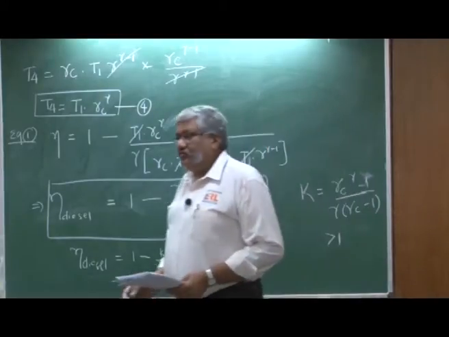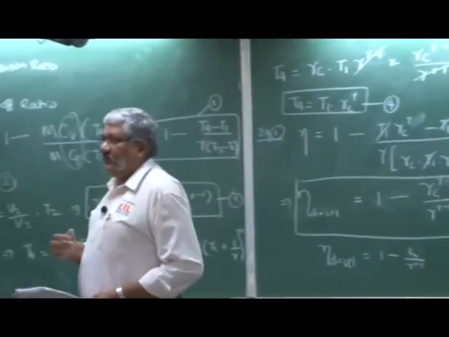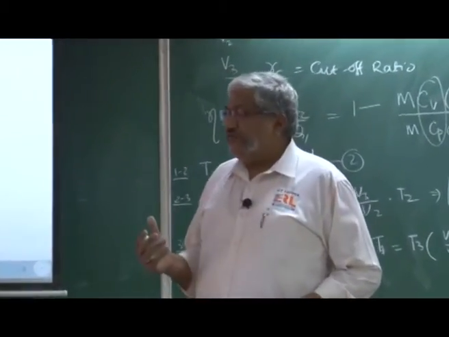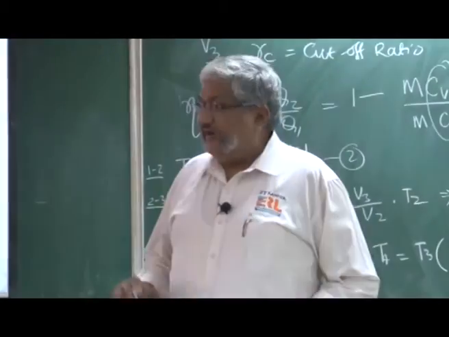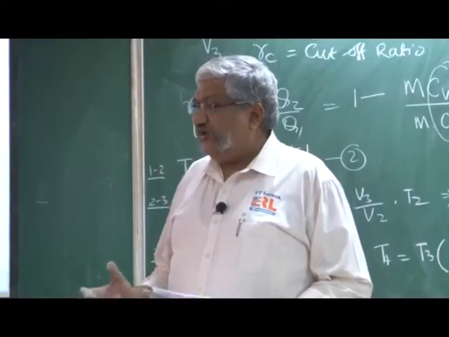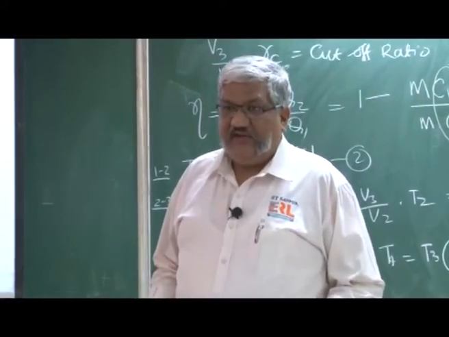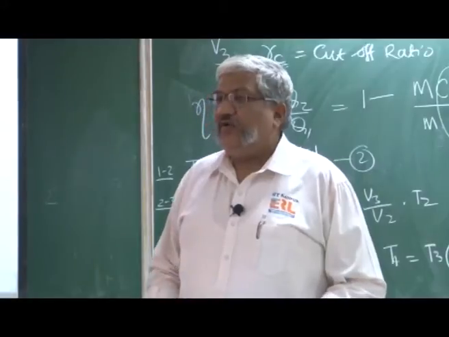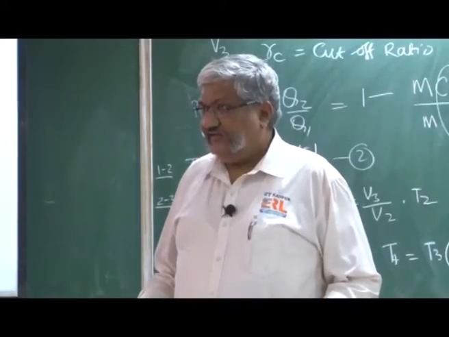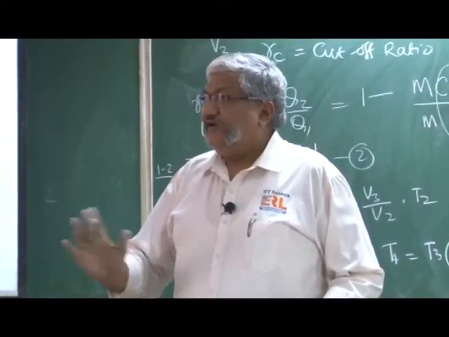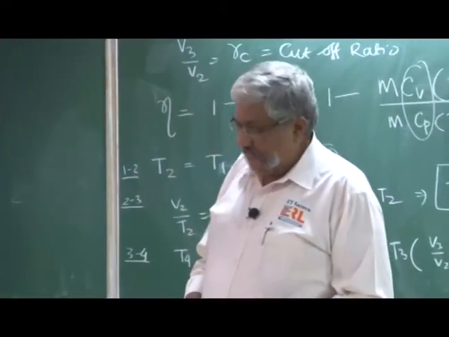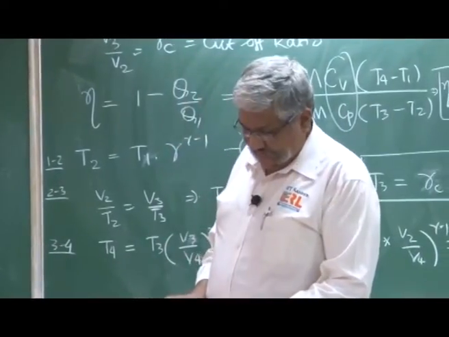So that means if you have two engines, one is diesel engine, the other one is gasoline engine, and both of them have the same compression ratio, Otto cycle engine will give you higher thermal efficiency. But in real life, diesel engines always have higher compression ratio because they do not have a knocking limitation. And therefore, in real life, diesel engines always have greater efficiency compared to Otto cycle engines. But if you keep the compression ratios the same, then obviously the Otto cycle efficiency will be higher than the diesel cycle efficiency. Okay?